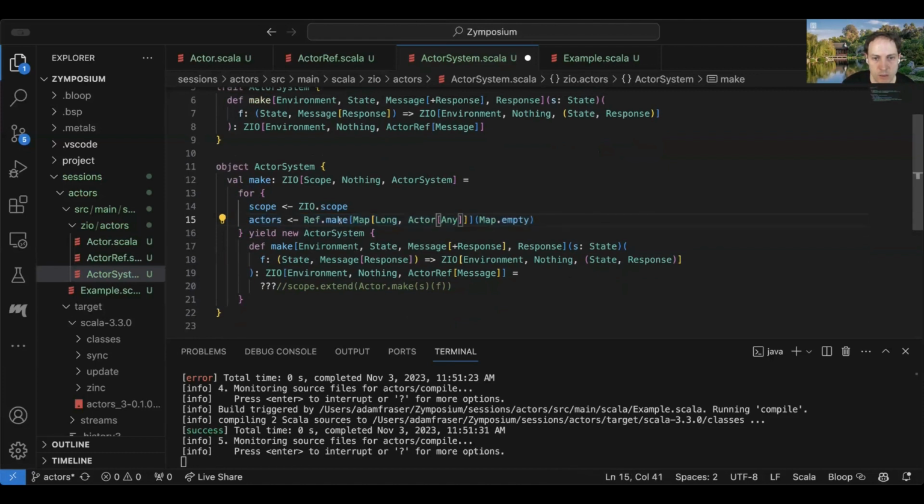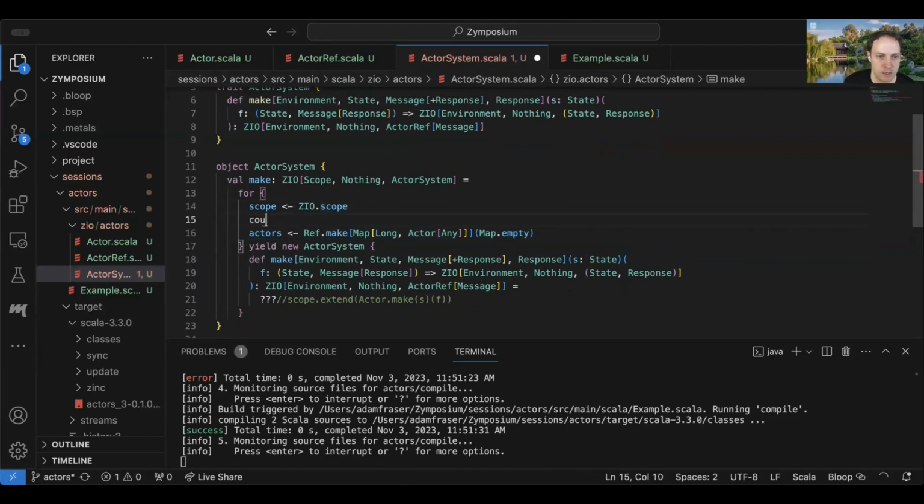So let's just play with this. Let's say we also had another, call it a counter here. The idea is that these counters are just going to be the IDs for each actor. So the first time we make an actor, it'll have an ID of 0, the next time it'll be 1, and so on. It'll be kind of like IDs for fibers.